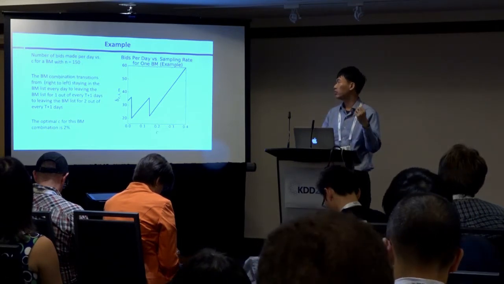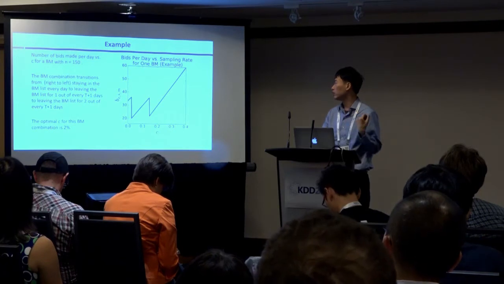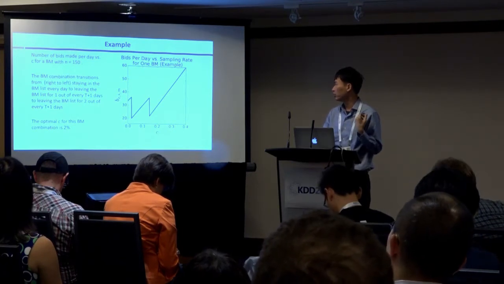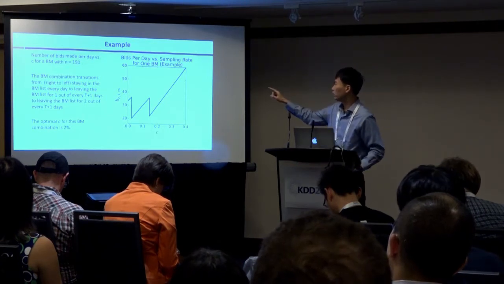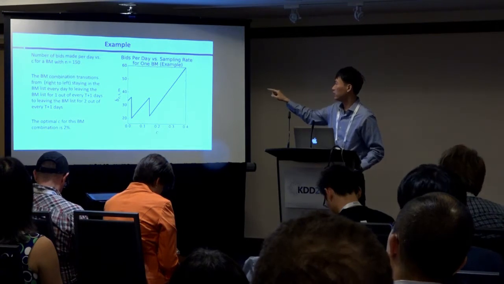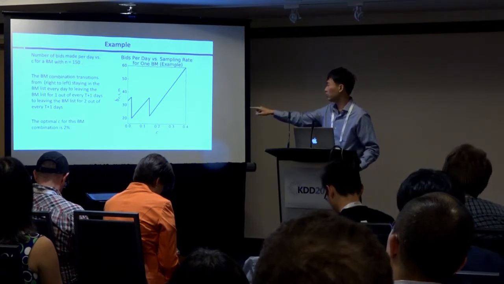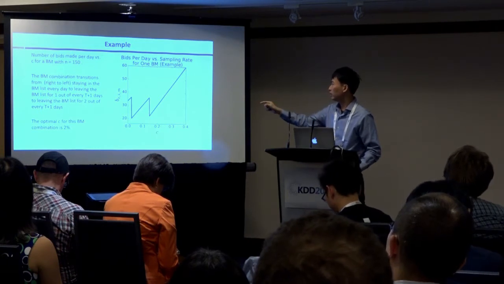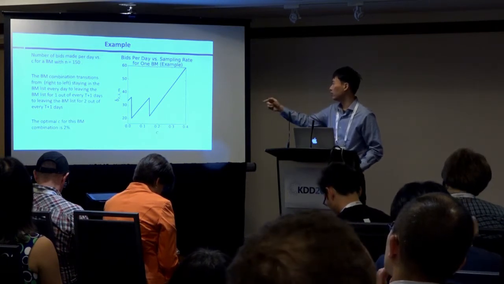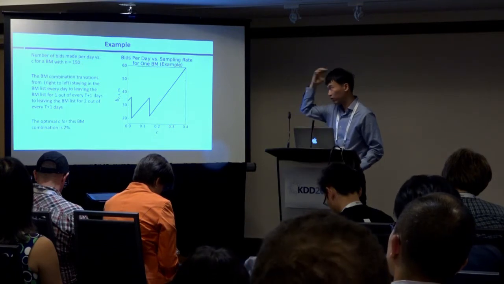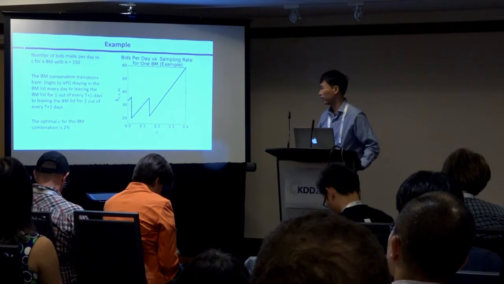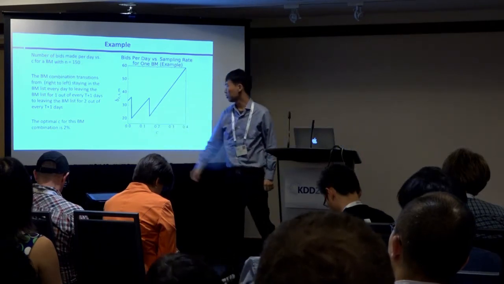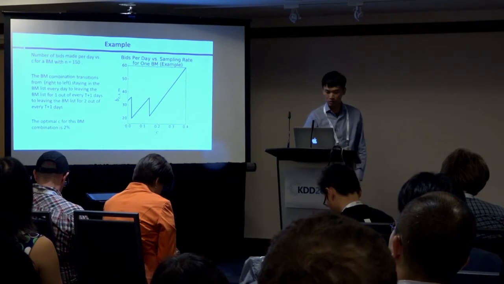This is the number of bids made per day versus the sampling rate for a marketer that we naturally see 150 times per day. As you can see, from right to left, the band marketer transitions from staying in the band marketer list, being detected every day when the sampling rate is large, and then as you decrease the sampling rate, it sometimes will not be detected for 1 out of every 9 days, and if you further decrease the sampling rate, it will escape detection for 2 out of 9 days. And the optimal C for this band marketer is around here. It's actually 2%. As you can see, the optimal C for this band marketer is not 0.